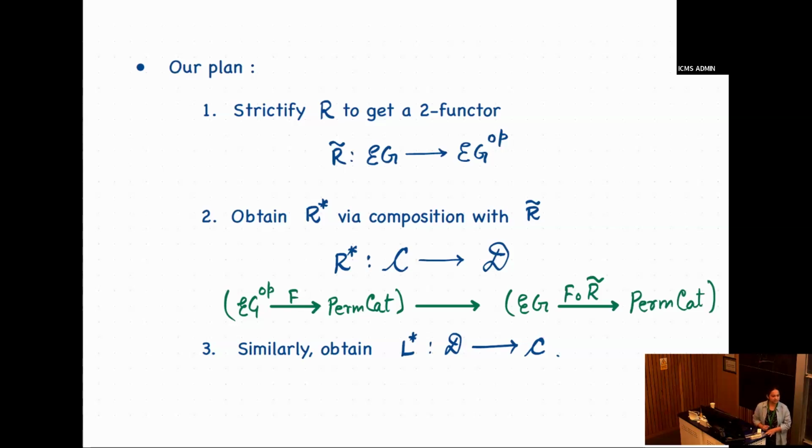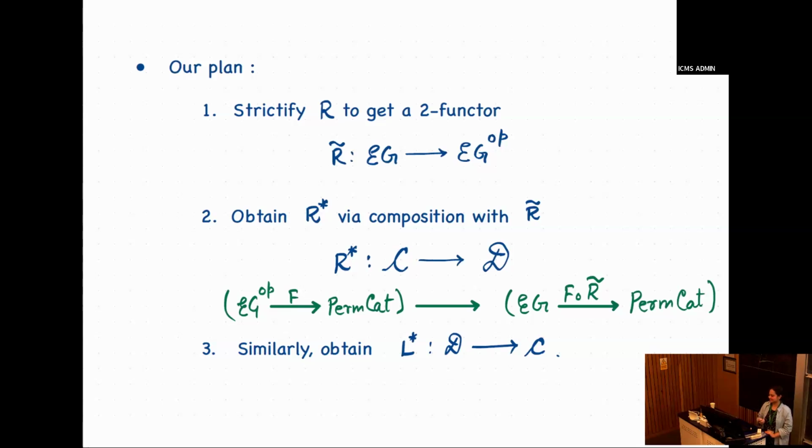This is the way we want to get R star. And similarly, we can get L star also from D to C, where L is a functor from EG op to EG, but then again, it's the same functor, basically identity on objects, and then reversing. Is there any question? Right, when you say strictify R, this doesn't involve changing the two categories, it's just changing the functor. Yes, it involves, but we try to get hold of it by some other